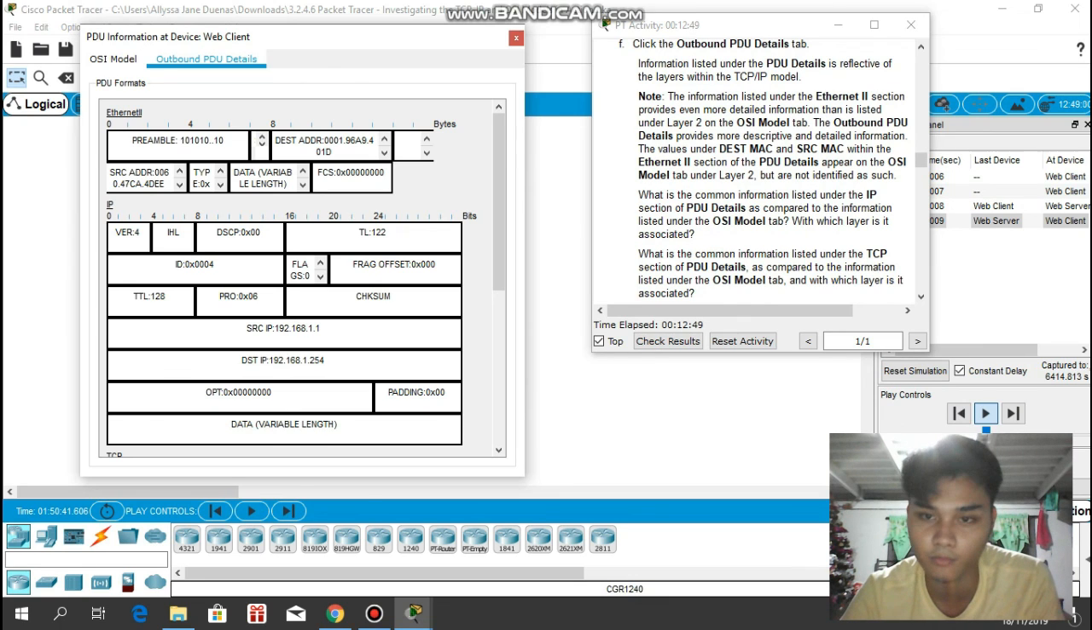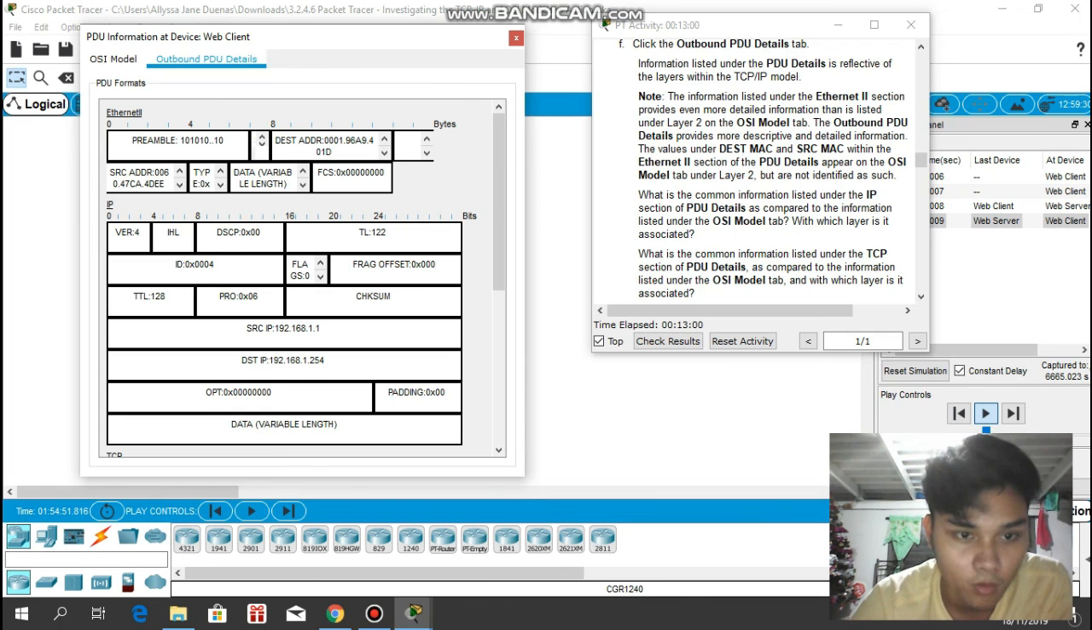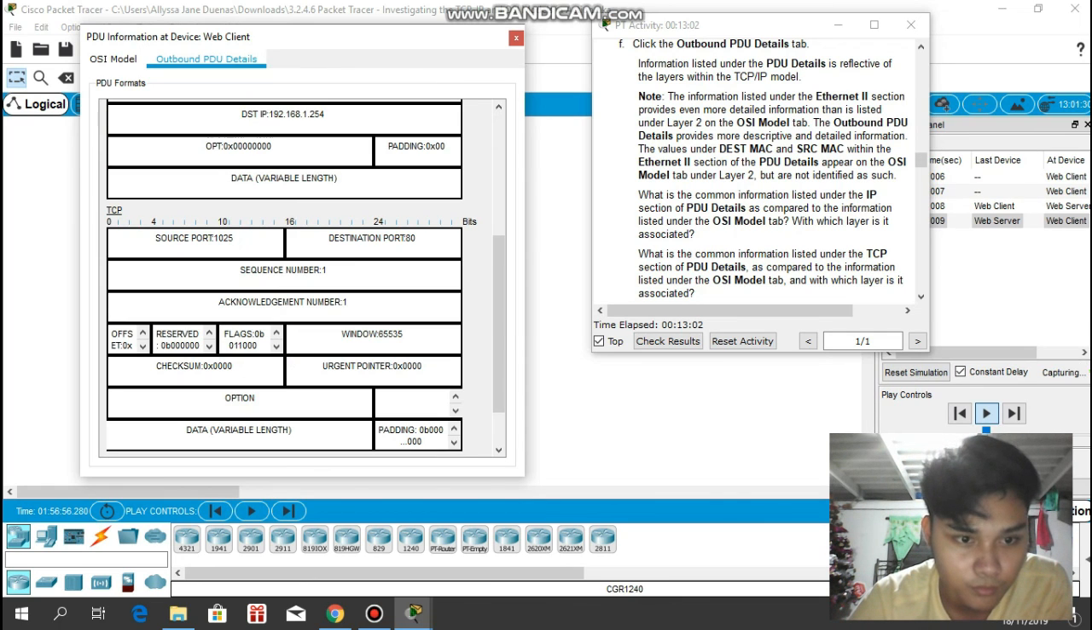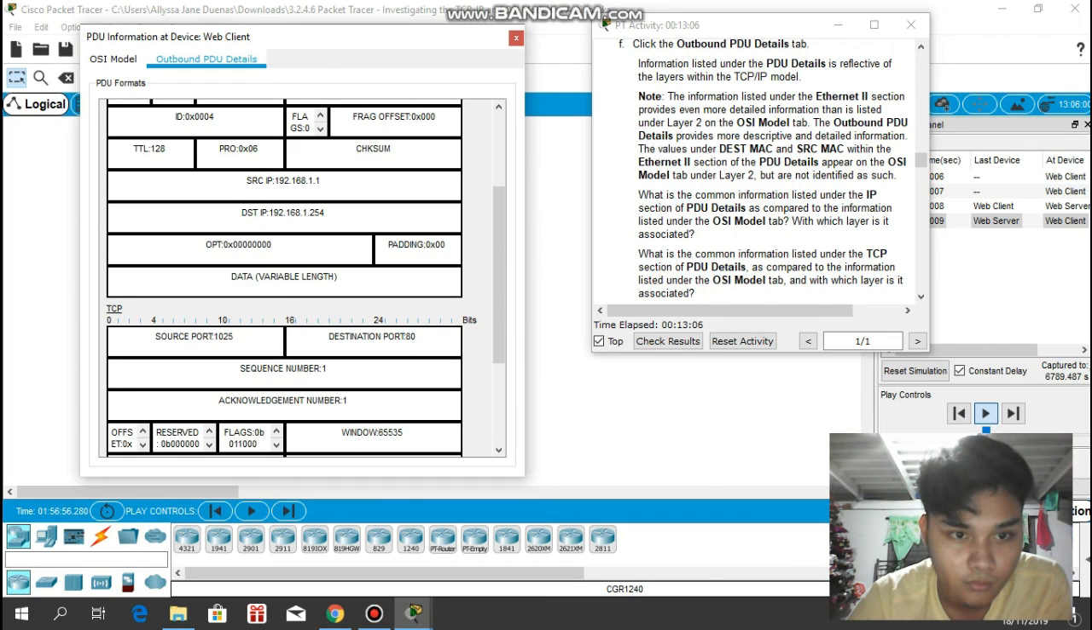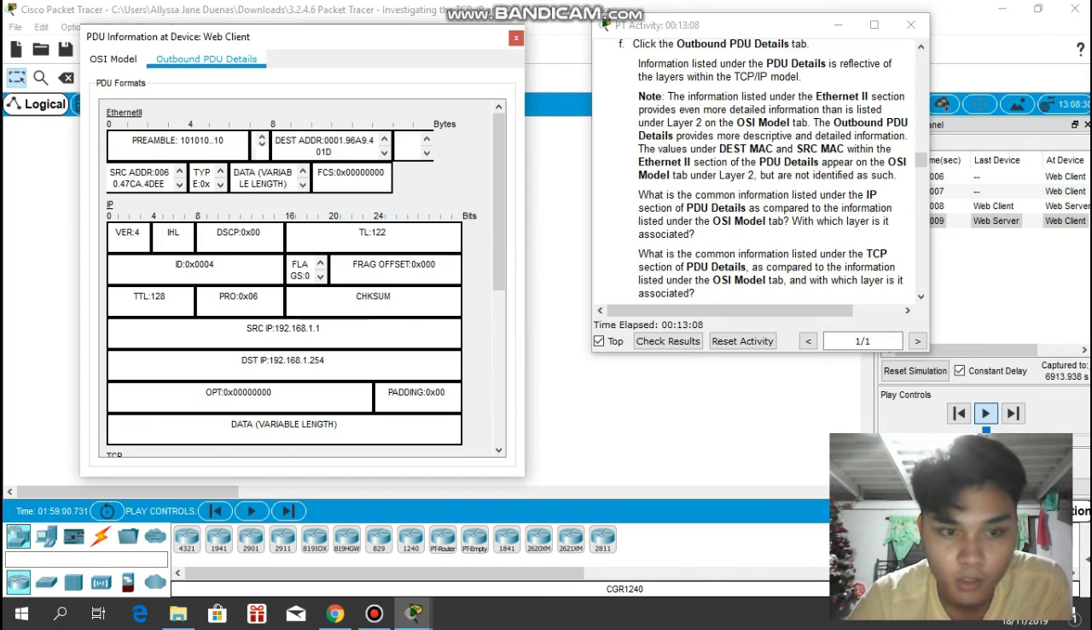What is the common information listed in the IP section of the PDU as compared to information listed under the OSI model, to which layer is it associated? So the SRC MAC is